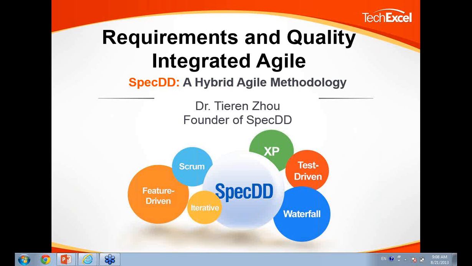for this method. Today we start to give training web-based, and we would like to continue to give this web-based trainings. If it's not monthly, it will be every 2 months. And we'll continue to also give classroom trainings. So hopefully one day SpecDD training will be happening in a nearby city of you.